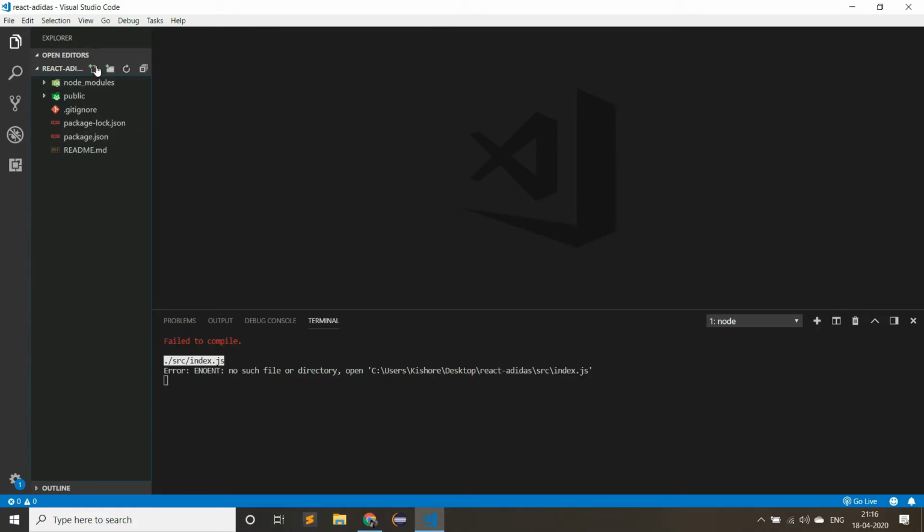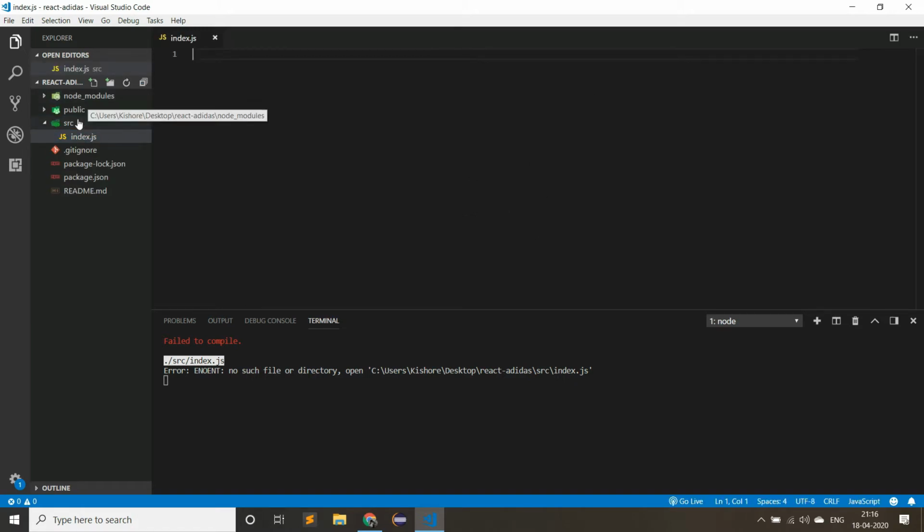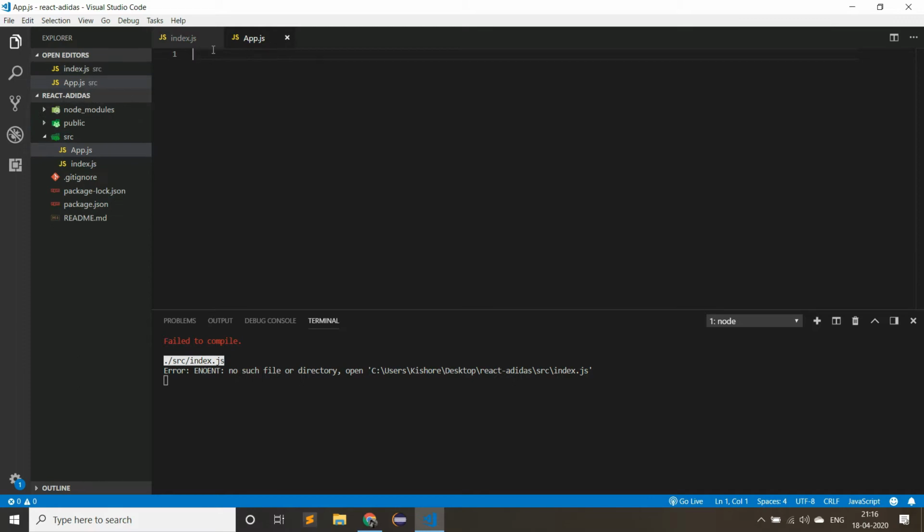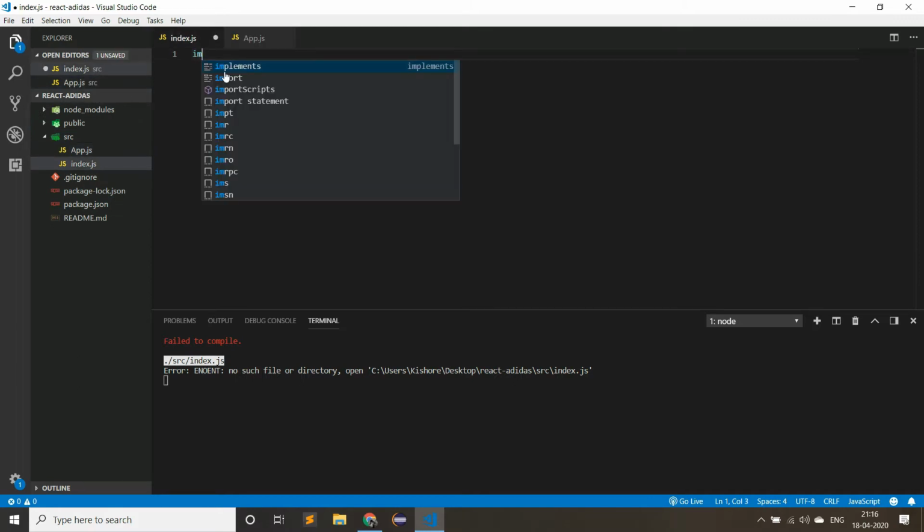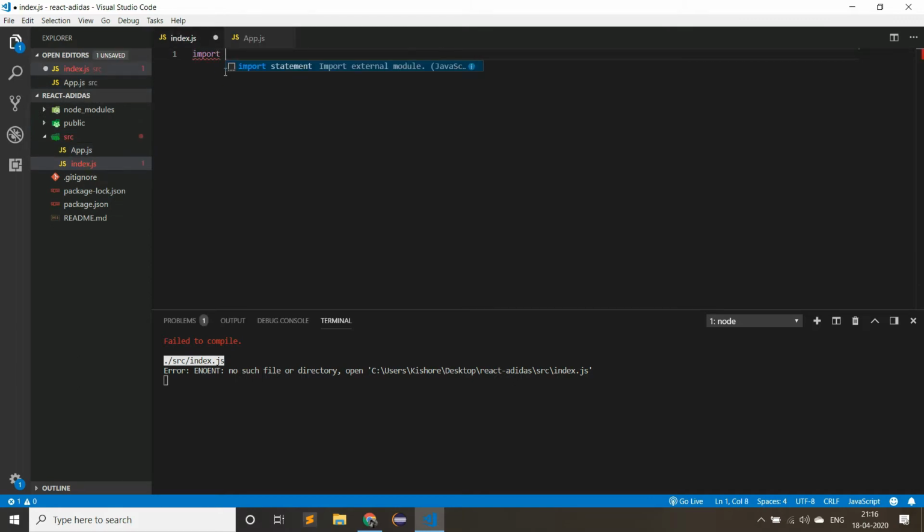Create a new folder called src. Inside of that src folder, create a new file index.js. Create another file app.js. Inside of index.js, import React, like import React from react.